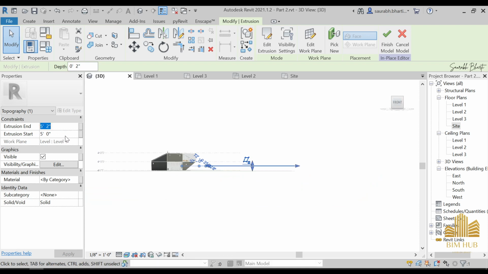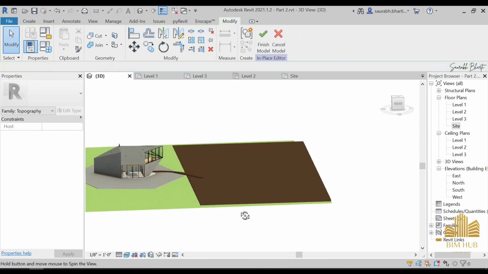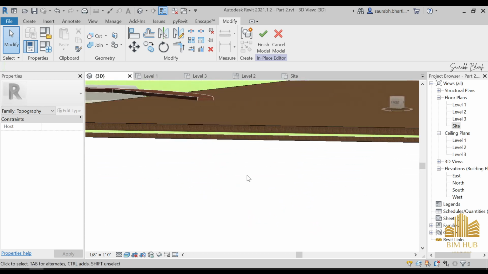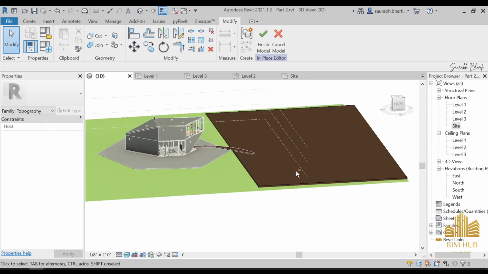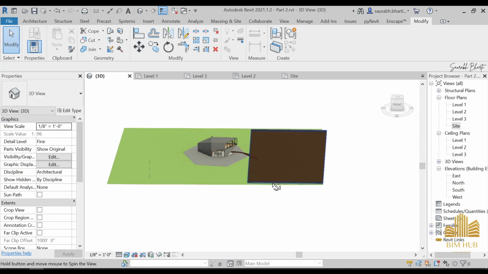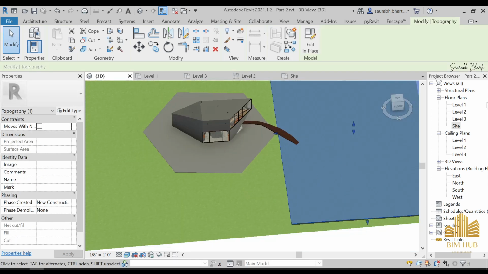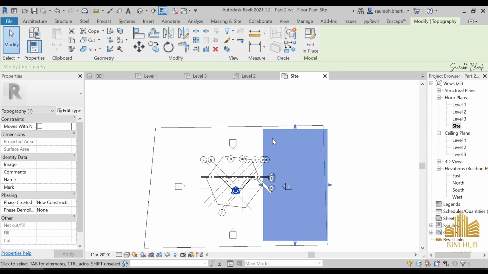And here you can do it at 0 and -2 inches, -2, let me see. Okay, at -2 feet also there's a gap. If you want to keep it like this, you can keep it, and if you don't, you can just delete it. You can make some road, and then we can do is just go to this,